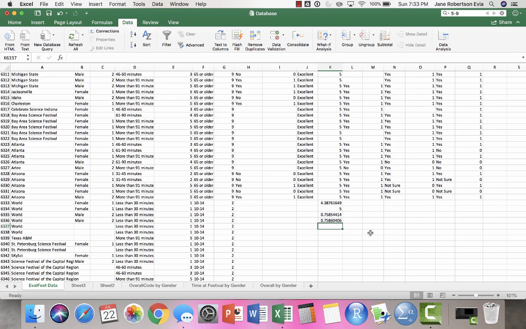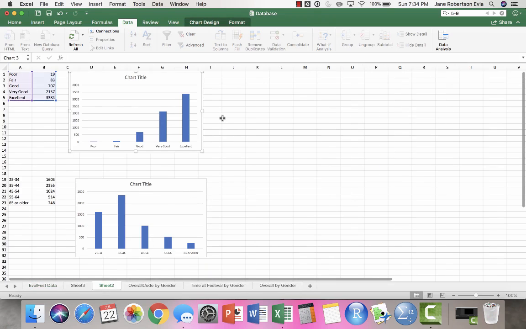Thinking about our scale from 1 to 5 and the magnitude of our standard deviation, we can think of this as saying that there is very little variation in our data, and most of the ratings are in the same one or two categories. We can see this from this graph of the data as well. Most of the ratings are in the very good or excellent categories with little representation for